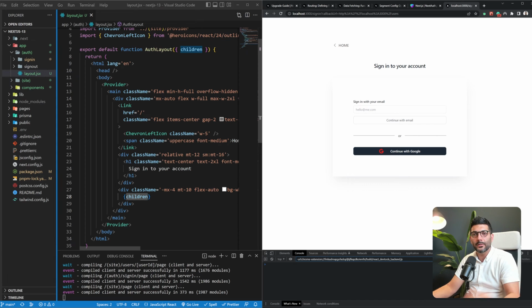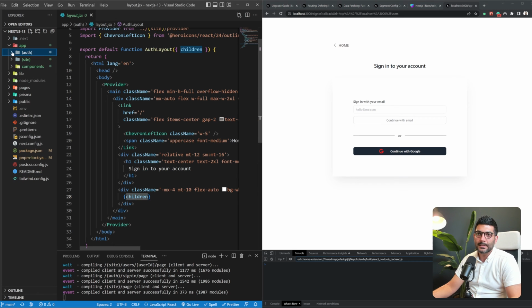I think this is a very cool feature that's added to NextJS 13, which allows us to organize our pages into different groups and specify different layouts for those groups, so we can just control how different pages are shown. Now we're going to look at the authentication implementation in a second, but before we get there, let me also